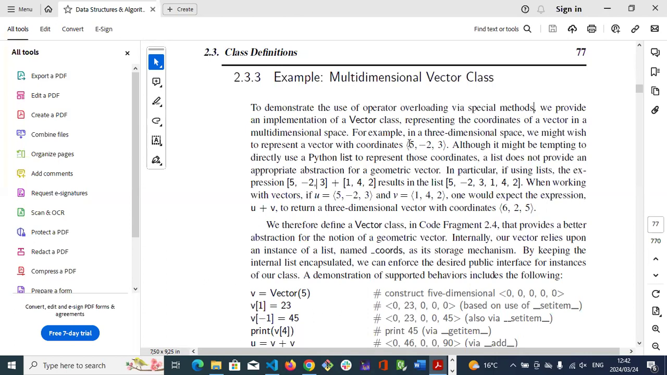As I was mentioning, the items in this list are seen as a vector. So 5, -3, -2, and 3, these are in a vector. So this list,